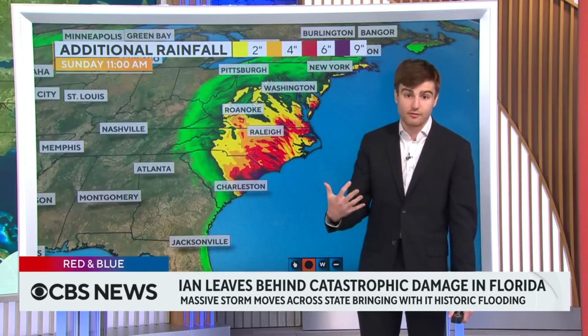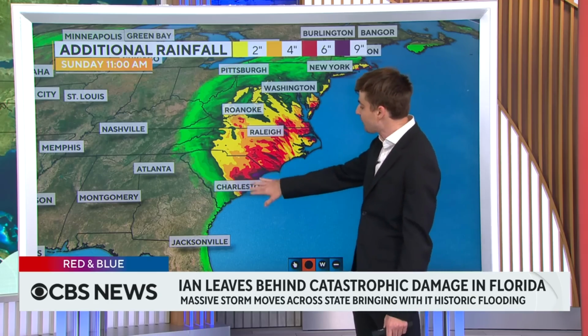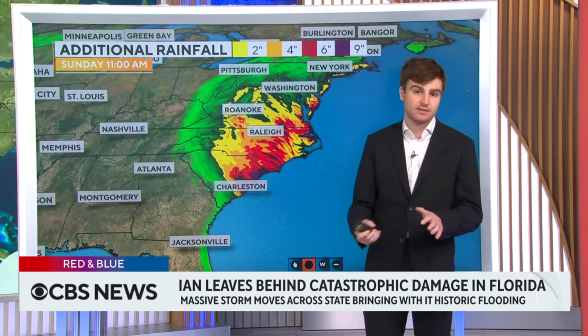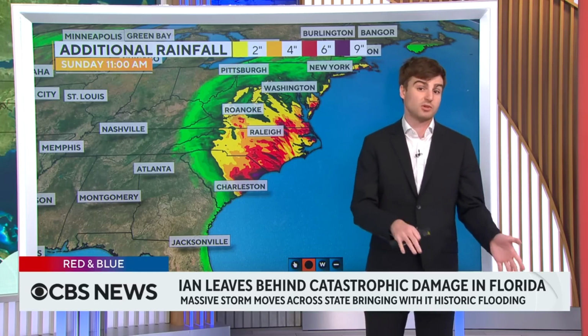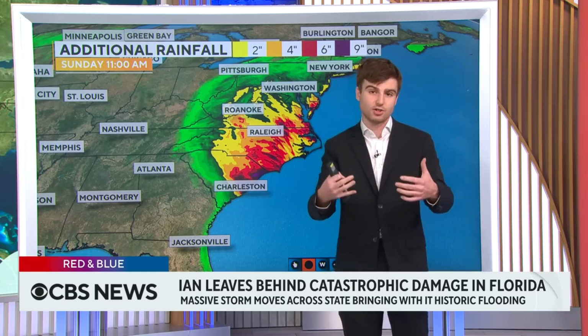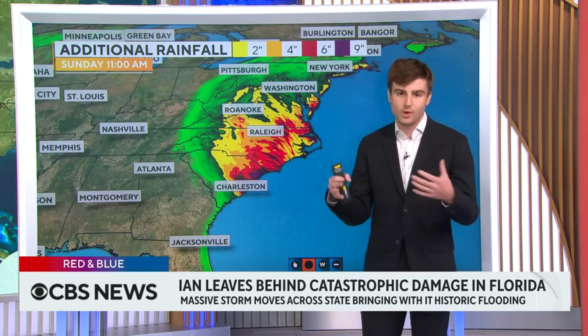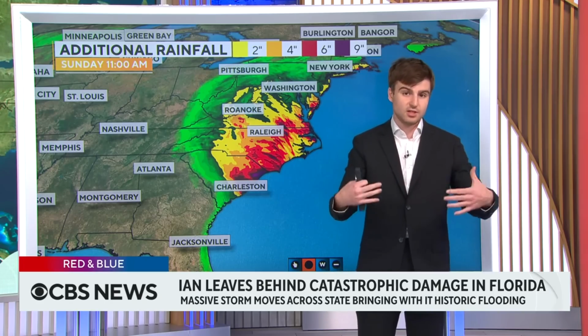But look, there's still a lot of rain with this. We had 17, 18, 19 inches of rain in Florida. Now we have the potential for a maximum of about 9 in South Carolina. So the total rain amounts are lower because the storm is moving faster, which means there's not as much time for the rain to drop as much on a particular area. The wind speeds are lower and the storm surge threat is lower, but all three threats continue to exist,